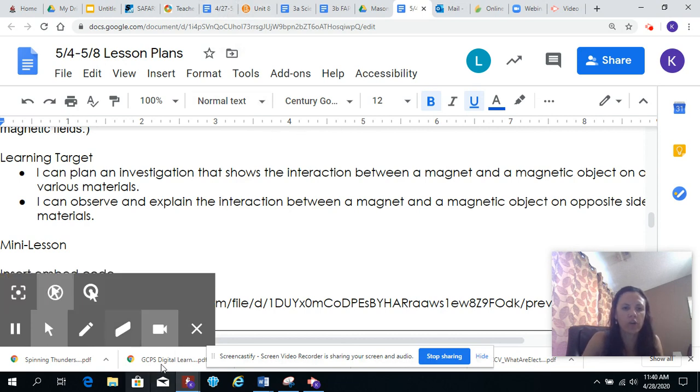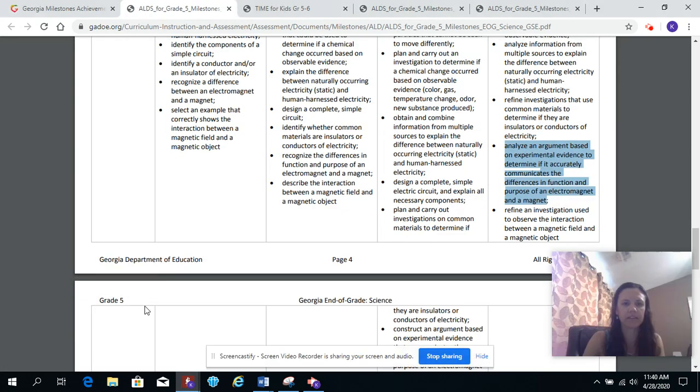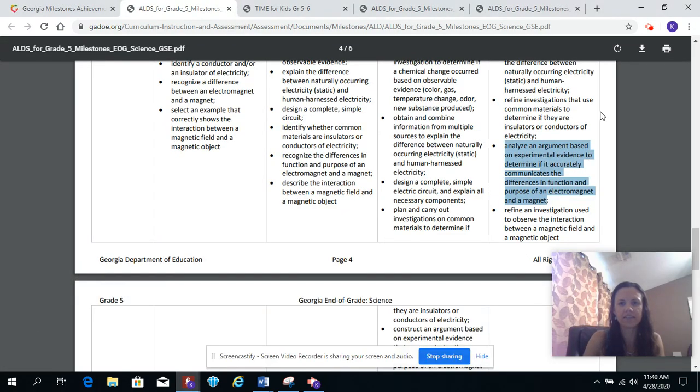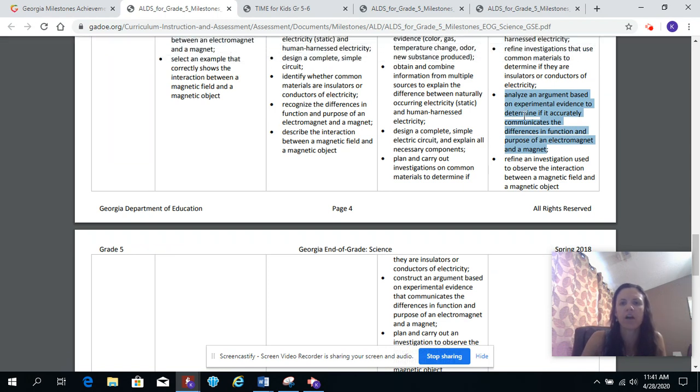So we're going to take a look at our achievement level descriptors so that we can see exactly what's expected of us. And we can see here in the distinguished category that it says students should be able to analyze an argument based on experimental evidence to determine if it accurately communicates the differences in function and purpose of an electromagnet and a magnet. Also, we need to be able to refine an investigation used to observe the interaction between a magnetic field and